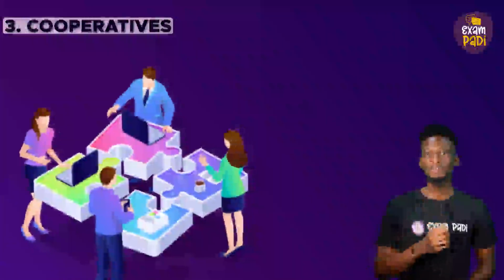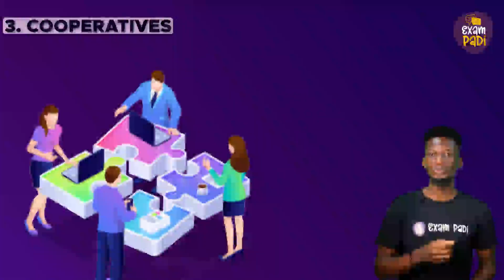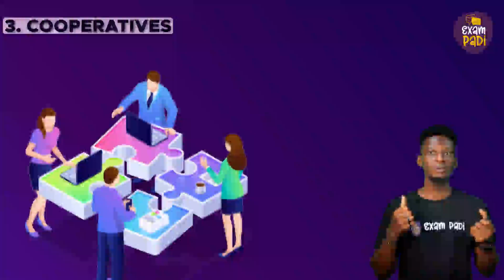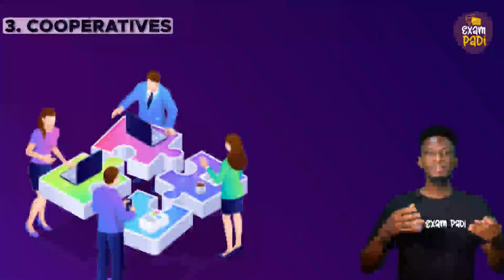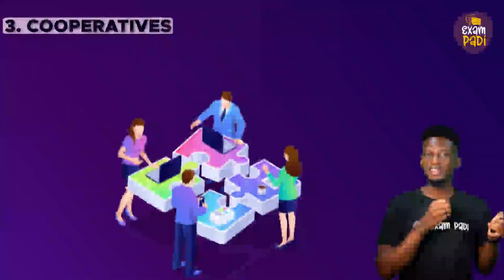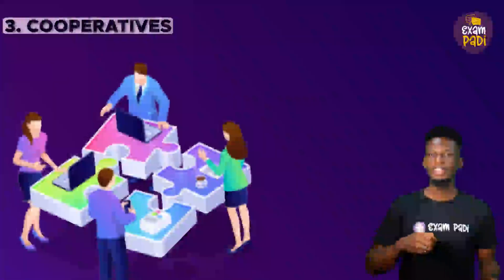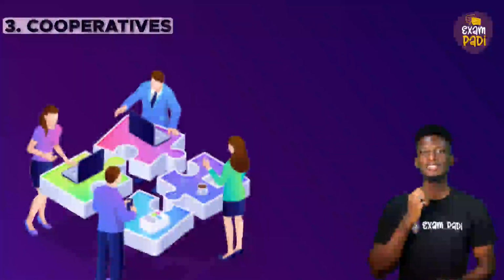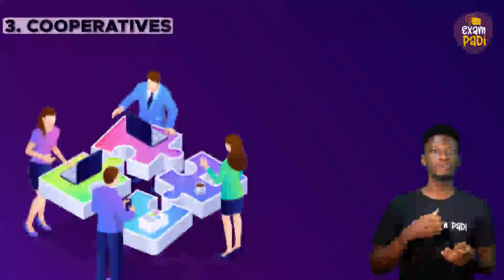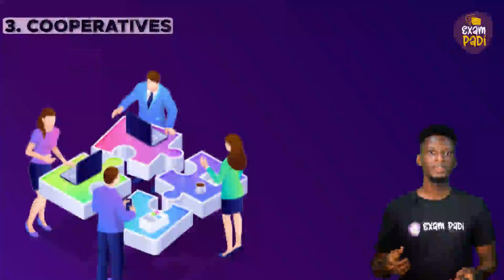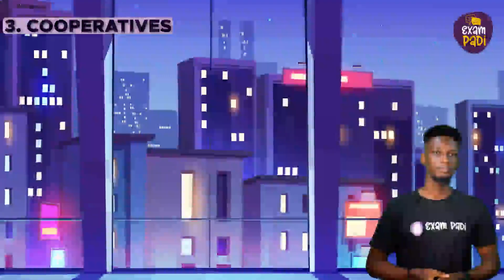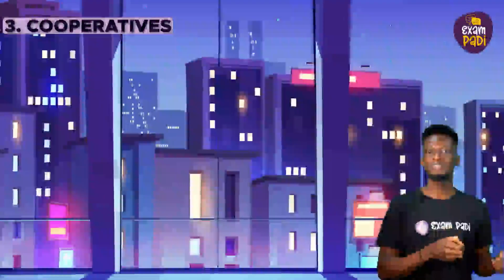Cooperatives are organizations owned and operated by individuals who come together to achieve common economic, social, or cultural goals. The members of a cooperative contribute financially and participate actively in the decision-making process. Cooperatives can take various forms such as consumer, worker, agricultural, or housing cooperatives. Cooperatives are guided by cooperative principles